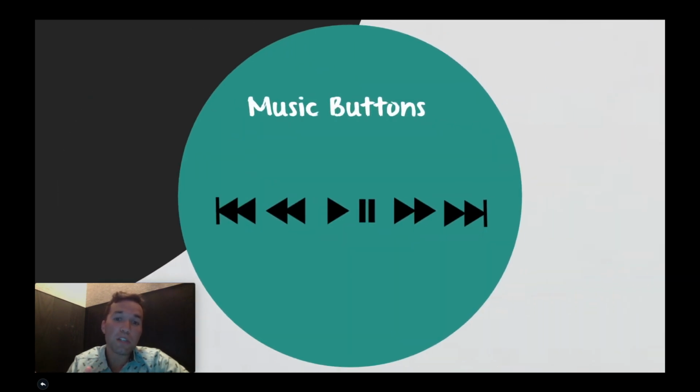Here's another example: music buttons. I can hide the title of the music buttons, and you would know what these arrows are referring to. I know that if I click this triangle, I'm going to hear some music. If I click these two rectangles, I'm going to pause something, or fast forward or skip. That's just functional consistency by definition.